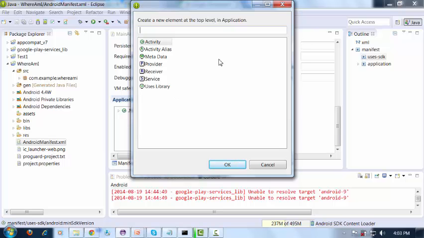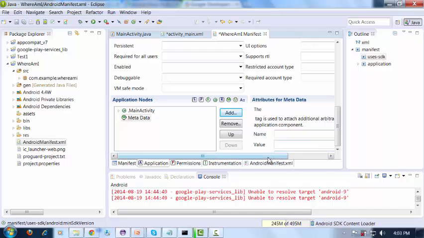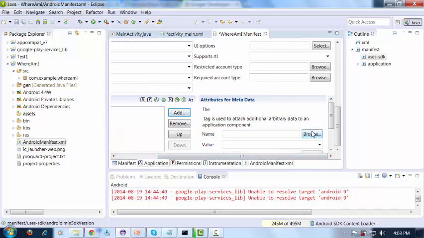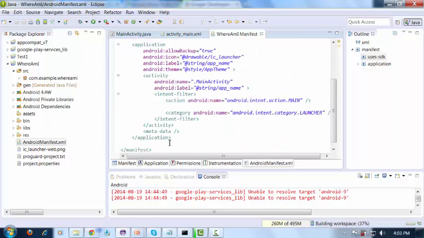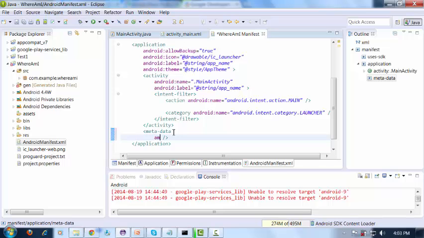Now instead of adding an activity or service etc., we have to add one map key. For that we have to use the metadata. Click metadata, select. Here you can browse and add it. If not, I will save this and show how to add parameters for your metadata manually. So here I will add the name first, meaning what I will add for this metadata. The name will be something like